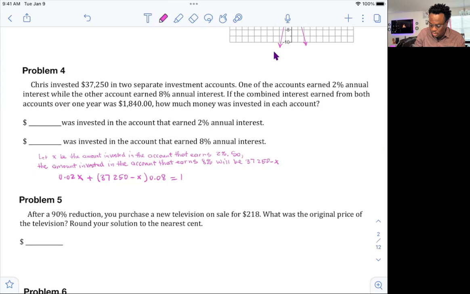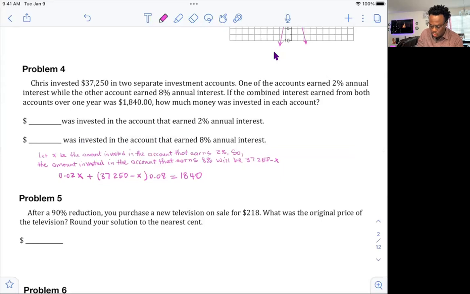That's 1,840. And then we have the equation. We distribute, because we want to solve for X, which is the amount invested in the 2% account. So we will have this new equation, 0.02X plus